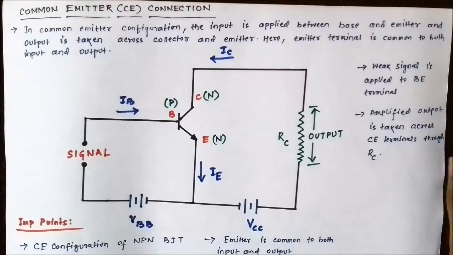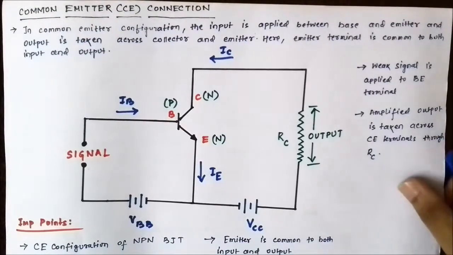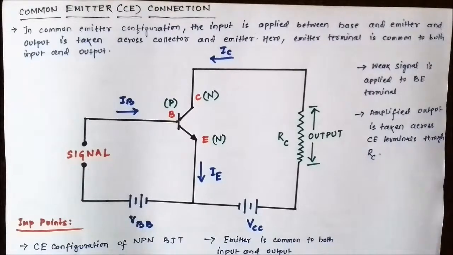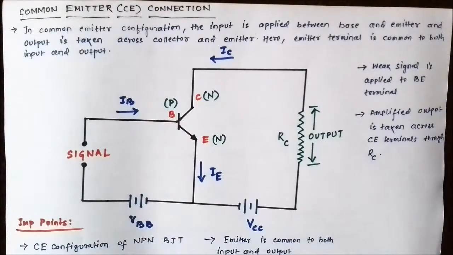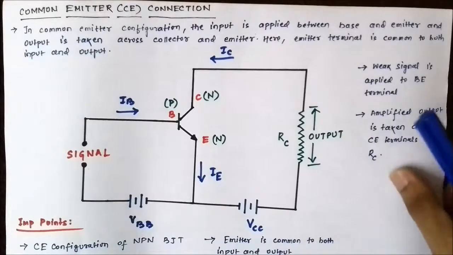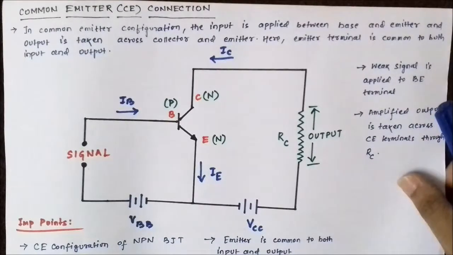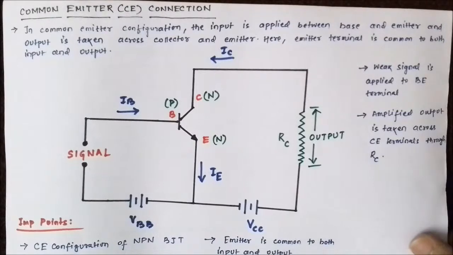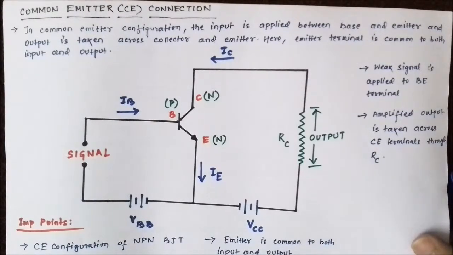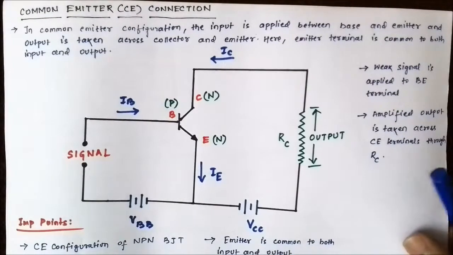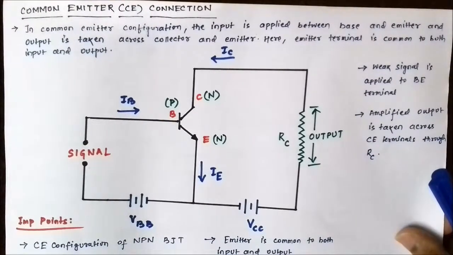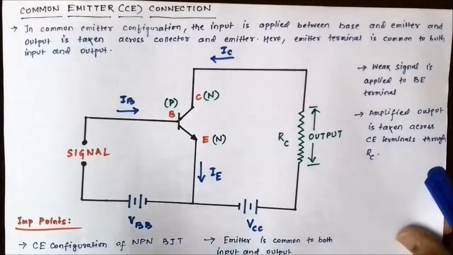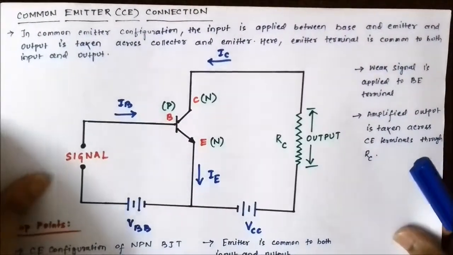Now in my previous two videos, I discussed the common base configuration or connection mode of a bipolar junction transistor, and we discussed the important parameters associated with common base configuration, such as the current amplification factor alpha and the expression for collector current. And also we discussed the voltage current characteristics, that is the input and output voltage current characteristics of a